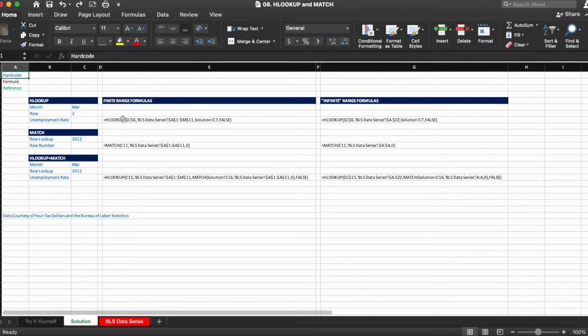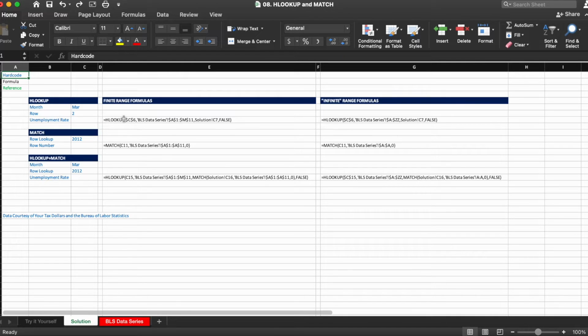Before practicing, there are a few items to be aware of when using HLOOKUP. First, the value you are looking up must be in the first row of the range. Second, the function will only look up the first instance of the value, so if your row has duplicates, HLOOKUP will stop at the first one. Third, the row count for how far to go down always starts with the first row of the range. So as an example, if your lookup is in row 1 and you want to pull data from row 2, you would enter 2 to go down 2 rows.